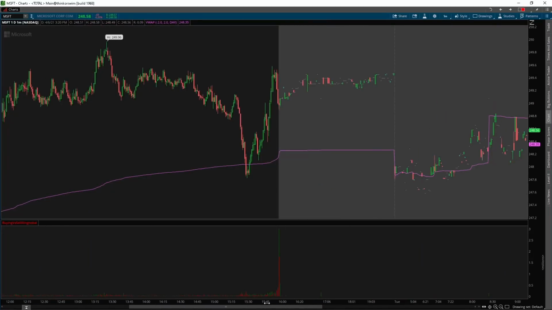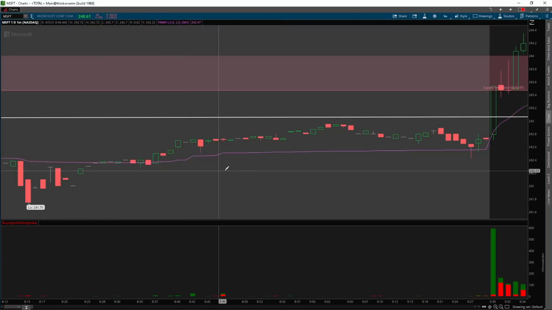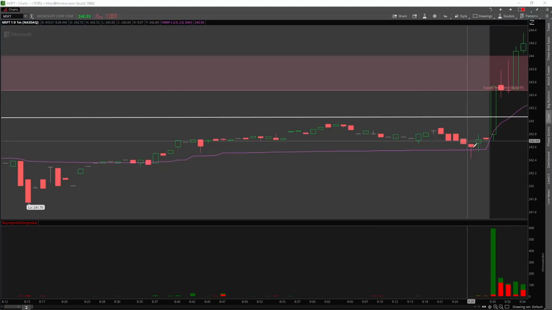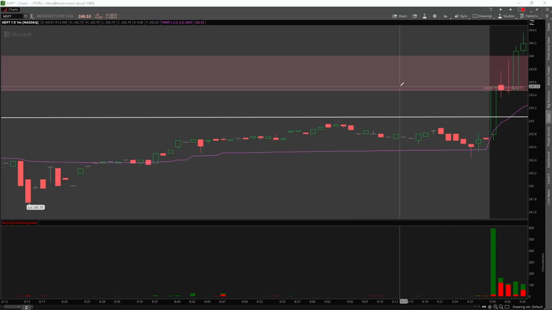So now going to the Microsoft chart, if I pull up yesterday's action, here is the 243.50 supply zone from the pre-market plan. So the market rallied. This was a strong zone, hence a supply imbalance. We rallied into the zone at the same time the market was rallying, especially NASDAQ was stronger than the S&P at this point. And we came into the supply zone, and this is where flipping through the time frames comes into key and knowing the trade that you're looking to put on.